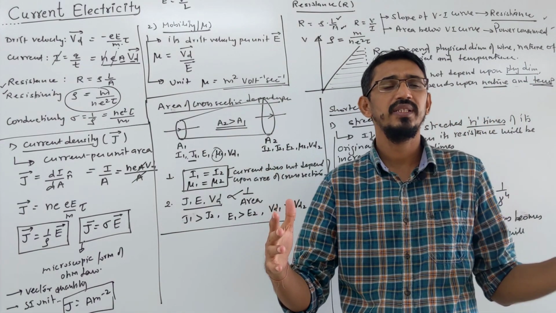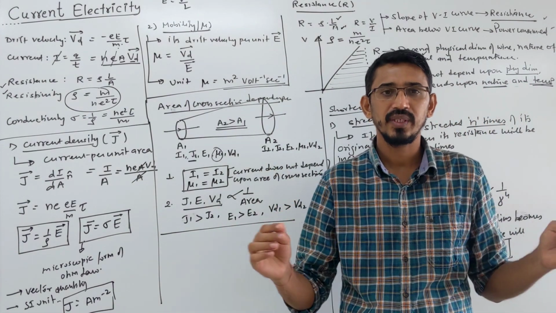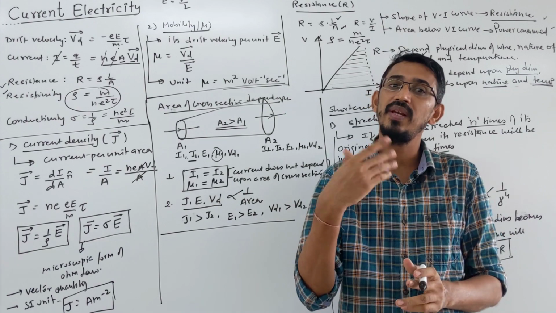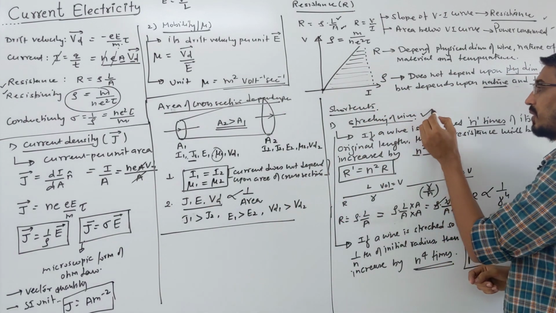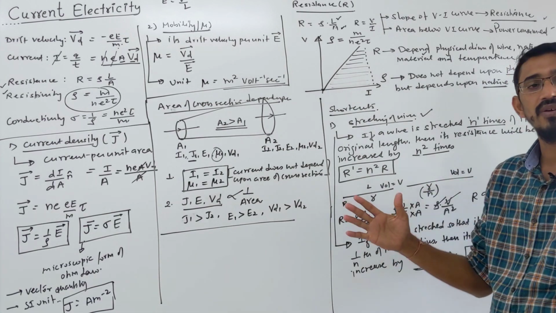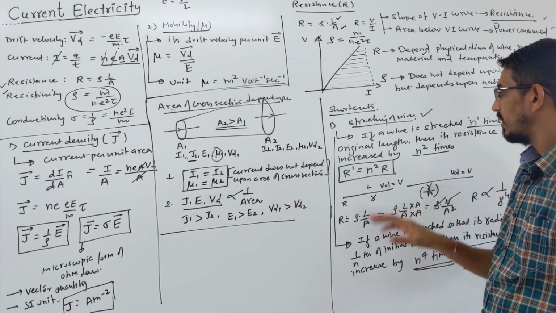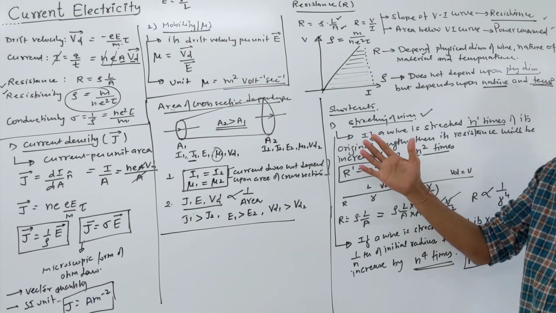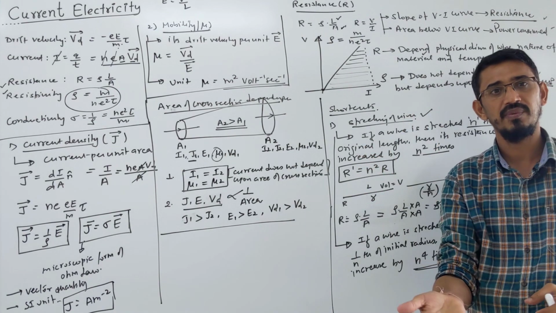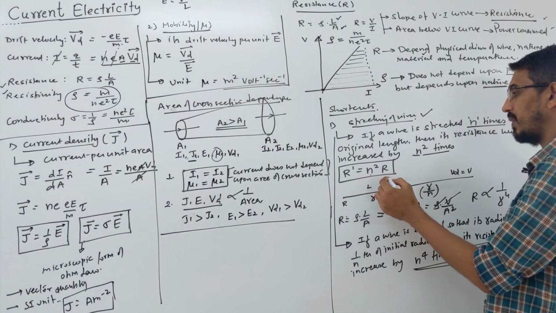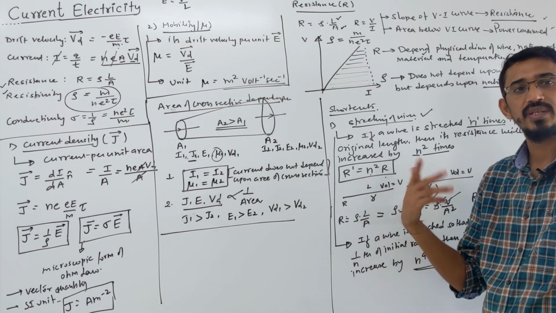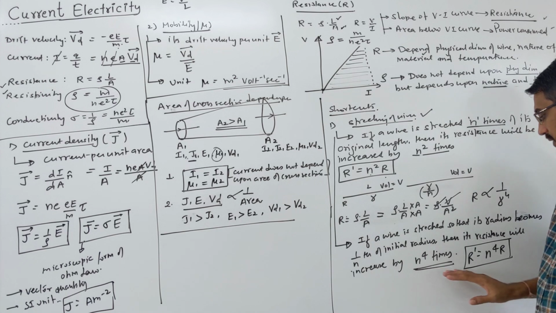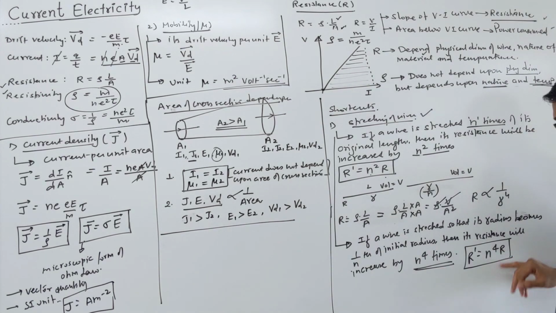Same way, if they say compress the wire, then resistance will decrease. In stretching, resistance is increasing. Same way, if they say compressing, resistance will decrease. So they can say it both ways. I compress a wire so that length becomes half of the initial. So this n will go down, like R by n square. Resistance will be reduced. Here same way, resistance will reduce, so R by n power 4 is where the answer will come, right?